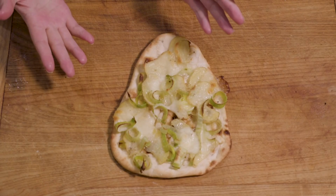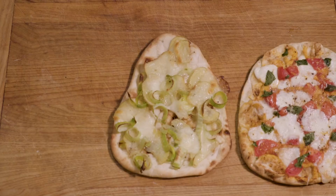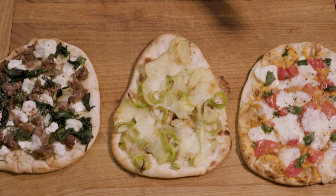This is what my finished pizza looks like, but you could also do mozzarella, tomatoes, basil, salt and pepper, olive oil, margherita pizza, done. Or Italian sausage, ricotta cheese, mozzarella, spinach, and garlic. Beautiful. Whatever you've got,